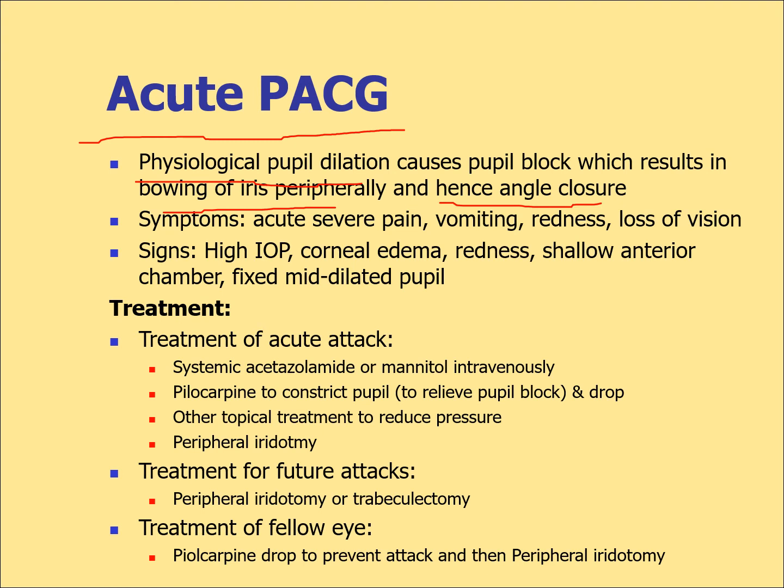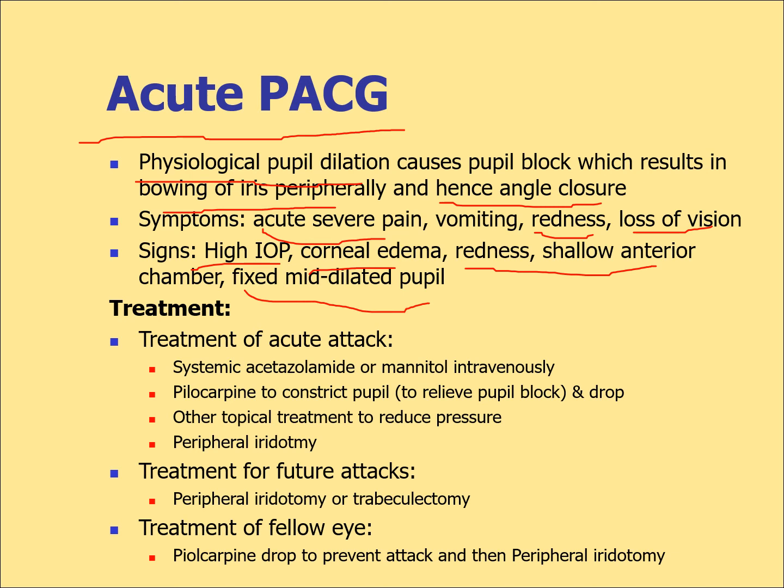Symptoms are acute severe pain. Pain is so severe the patient can vomit, there's redness of the eye and loss of vision. Signs are high intraocular pressure, corneal edema because of the increased pressure, redness, shallow anterior chamber, and